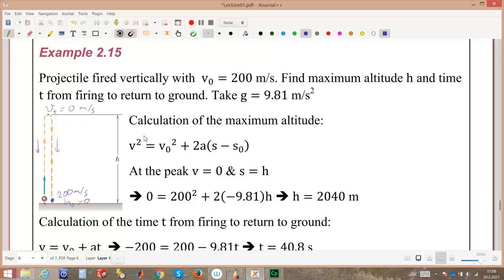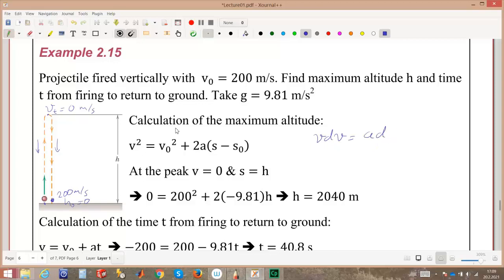And we can use the third equation, without the inclusion of time, as velocity drops from 200 meters per second to 0 meters per second. What will be the acceleration? What will be the height from 0 height to the h height, which we are looking for? So we can make use of the third equation, which was v dv equals a